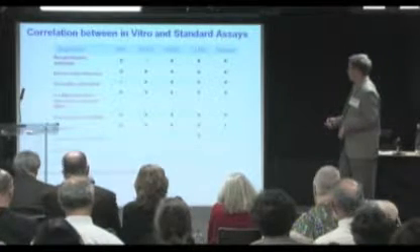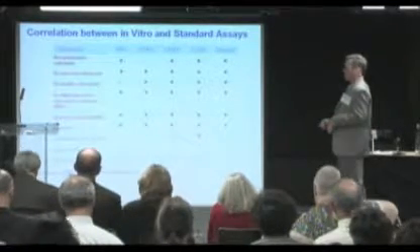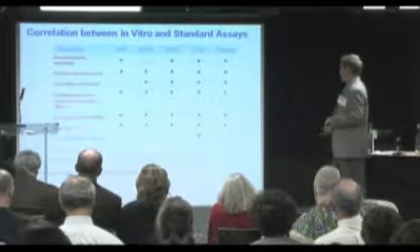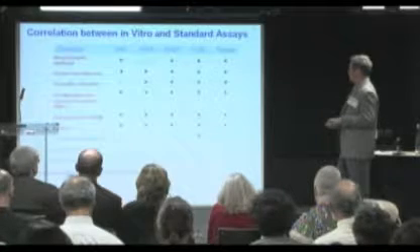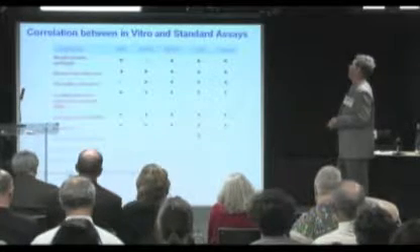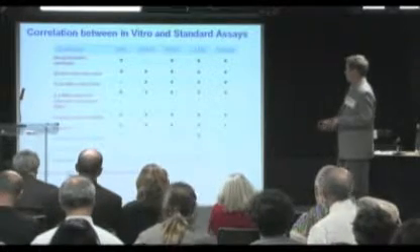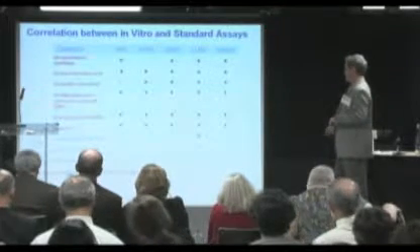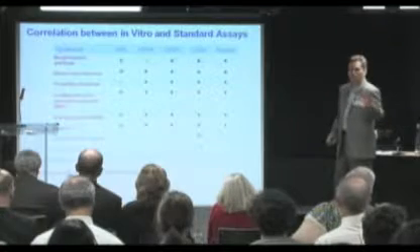If you look across here, it's a comparison of the ARE. We also have an assay called the direct peptide reactivity assay. It came out of Procter & Gamble. And then comparing that to some of the animal studies, the guinea pig test and the local lymph node assay in mice, and then human data. The reds are positives, the blues are negatives. And reasonable concordance. I won't walk through all the details of it.